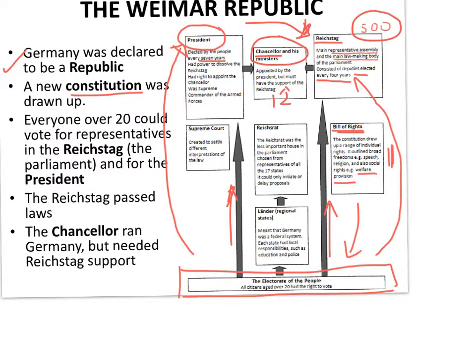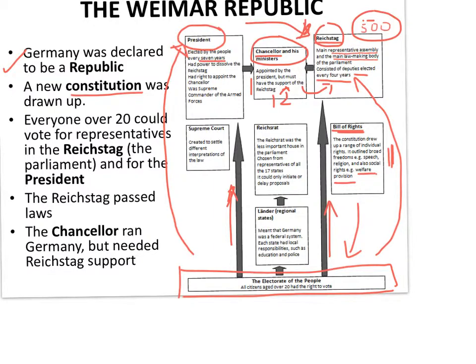Okay, so as it says there, appointed by the President, but the government could not make laws without the Reichstag voting yes to the laws. So the government's job was to present a proposed law called a bill to the Reichstag, and for the bill to become a law, more than half the members of the Reichstag had to vote yes to it. So basically, if there were 500 members of the Reichstag, then basically 250 or more members had to vote for it. So effectively, because the Reichstag was chosen by the people, that means it was the people who were effectively running the country.